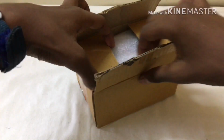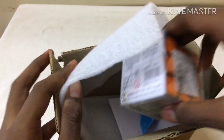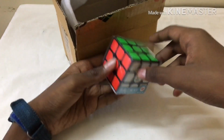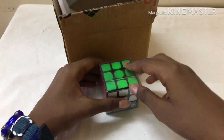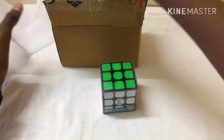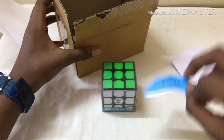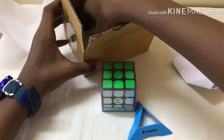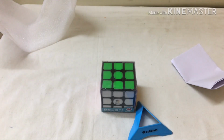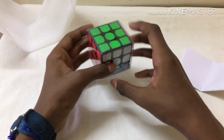Yeah, so I've unboxed this after a lot of effort. So here is the cube. Cardboard, and so on. Oh wow, a stand. And a coupon that I will not show. So let's open this, and